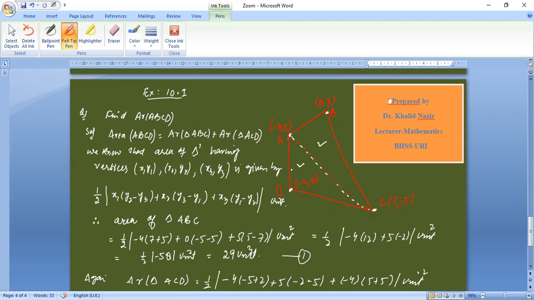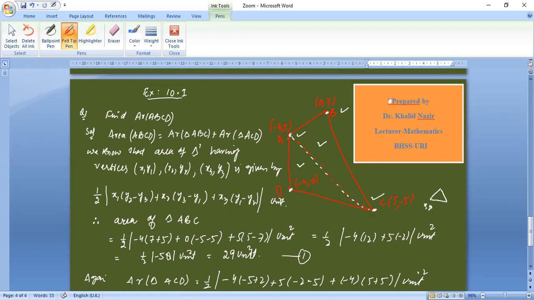Let's consider first the triangle ABC. A is here, B is here, and C is here. The three coordinates of a triangle are given, and if we are given a triangle and